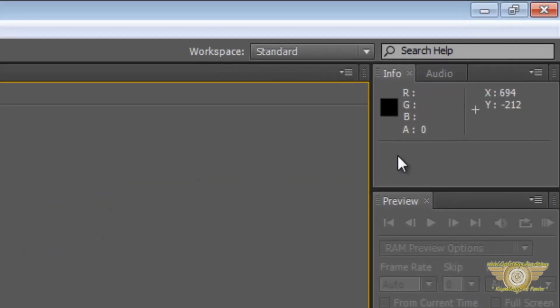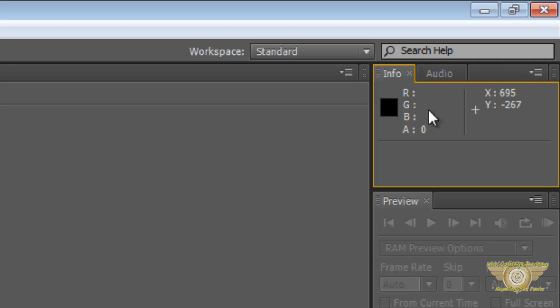When you go on to your right, we have this info panel. Now in this info panel you will see two things over here, the X, Y and the RGBA. The X and Y are the coordinates of where your mouse is currently at. For example, when I move this mouse over in the composition panel, you will see the coordinates change according to the movement of my mouse. So this basically indicates where my mouse is at, and it is very useful in determining and aligning things in